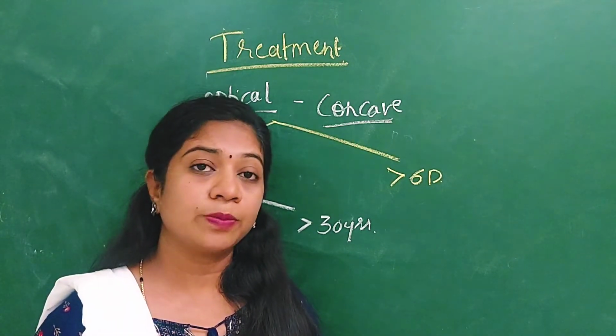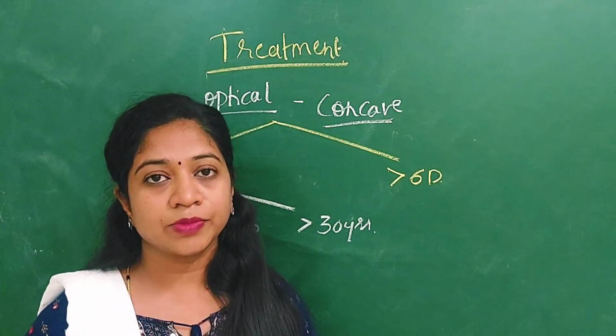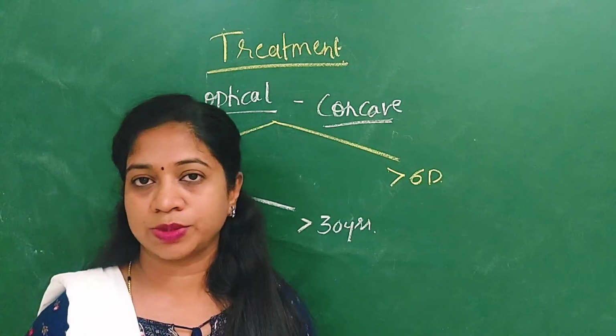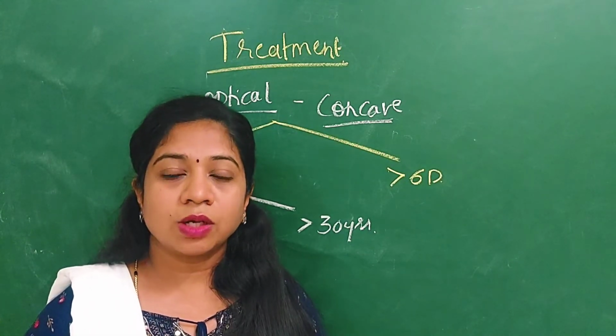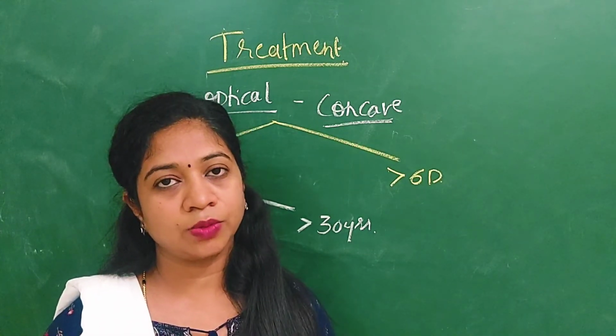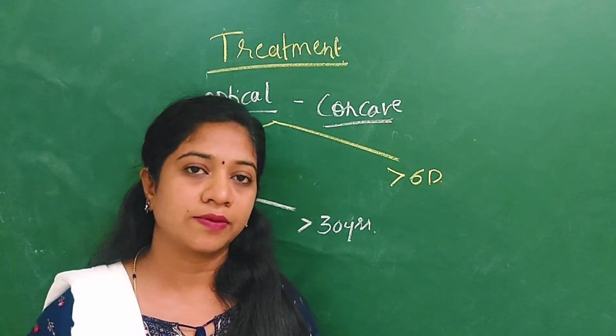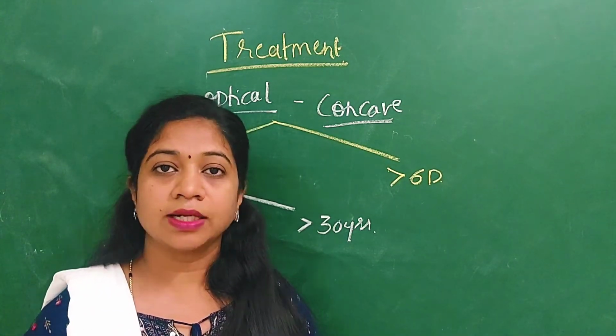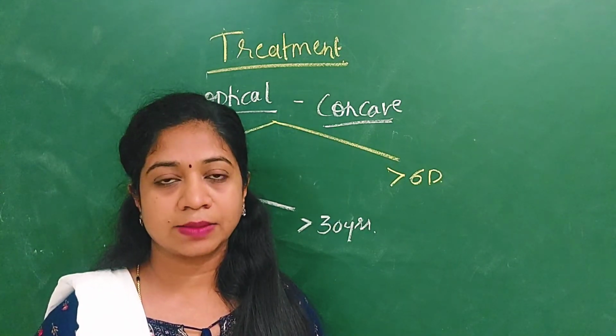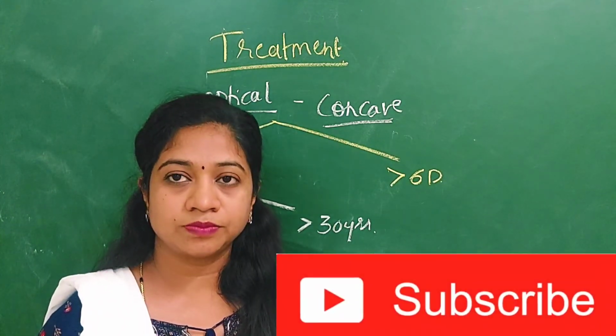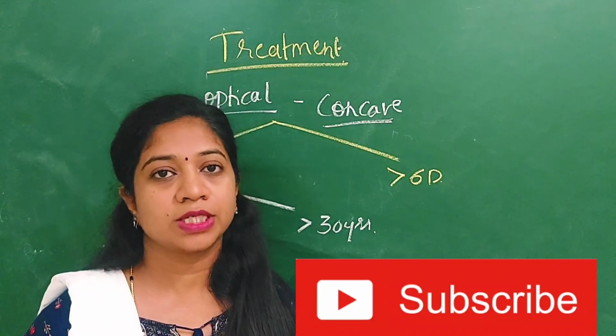Then if the myopia is very high and the child is having very low vision, you can go for low visual aids also. So this is all about myopia in part 2, that is pathological myopia, acquired myopia and the treatment options. In the treatment I have discussed the optical treatment as well as other treatment like dietary supplements and visual hygiene. So hope this video on myopia is useful to all of you.